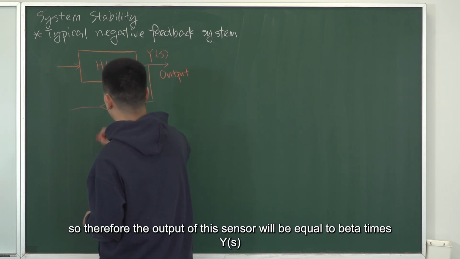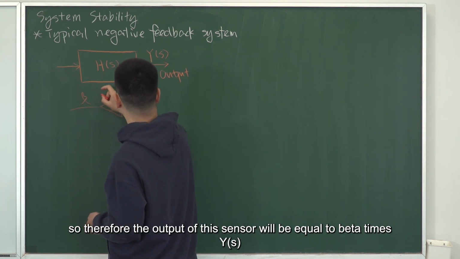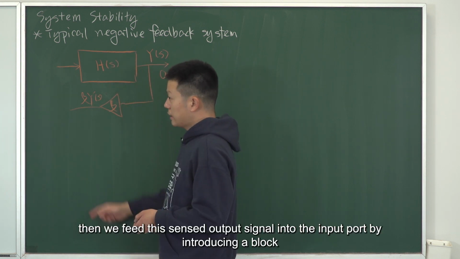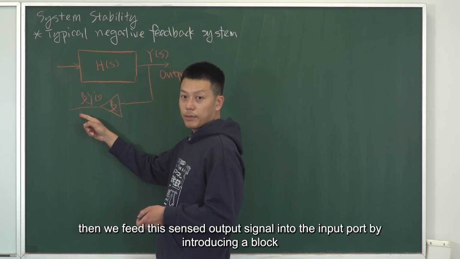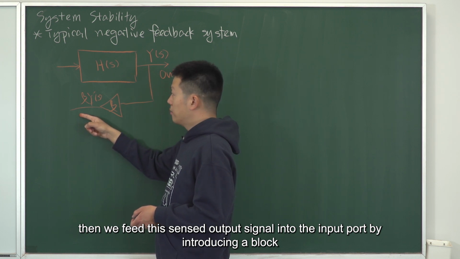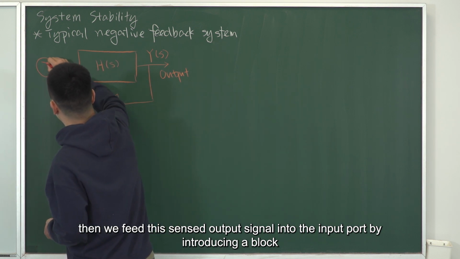Therefore, the output of this sensor will be equal to beta times Y(s). Then we feed this sensed output signal into the input port by introducing a block,